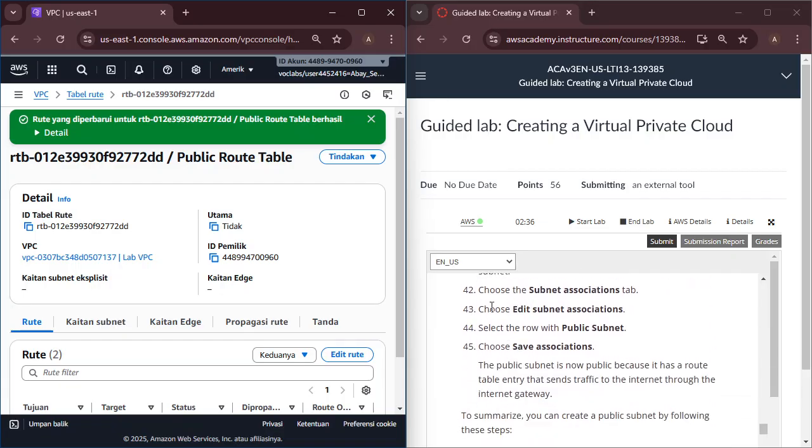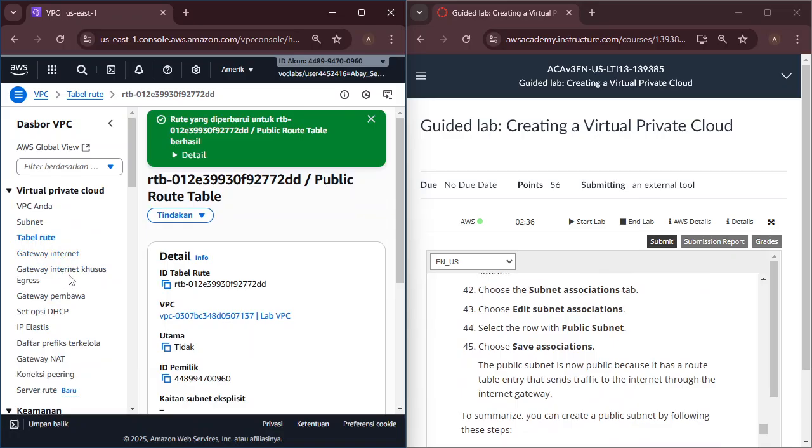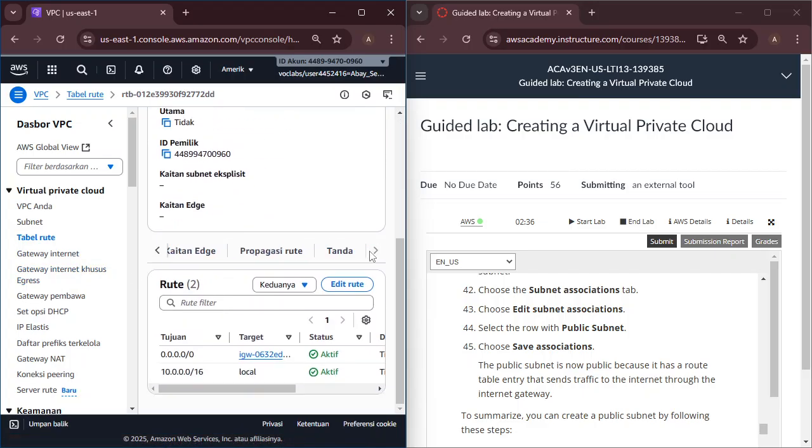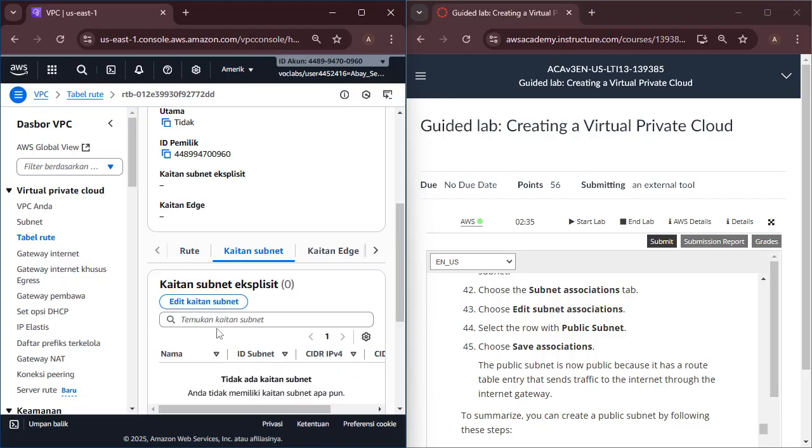Choose the Subnet associations. Choose Edit subnet associations. Choose the public subnet.